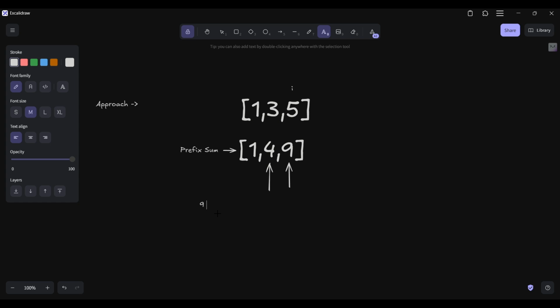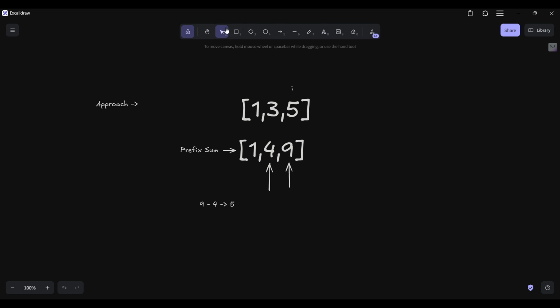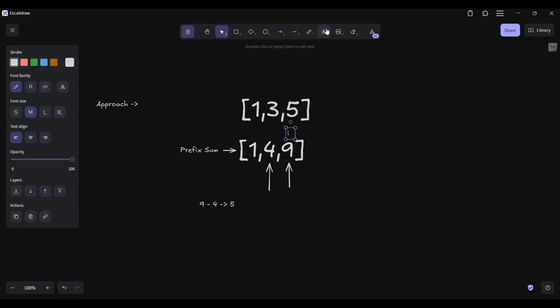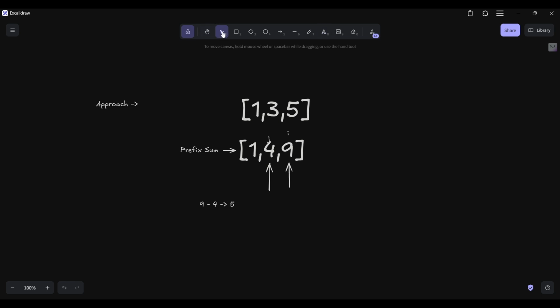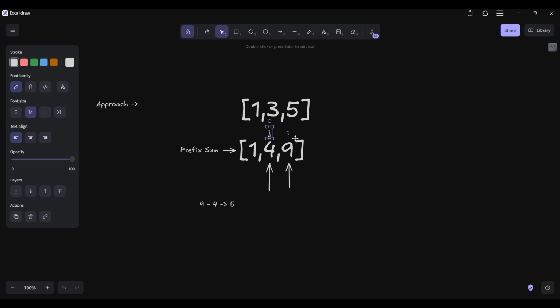9 minus 4 would simply give 5. So if you see, if I take the two variables, I here and j here, wherever we are doing I minus j, the prefix sum I minus prefix sum j gives the value of the array element at I, that is 5. And if we take any two,